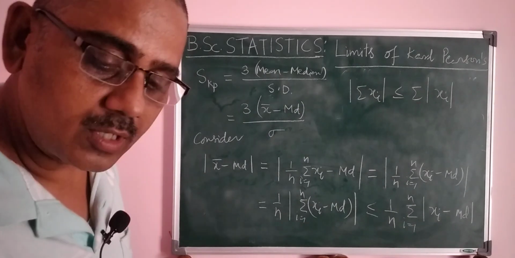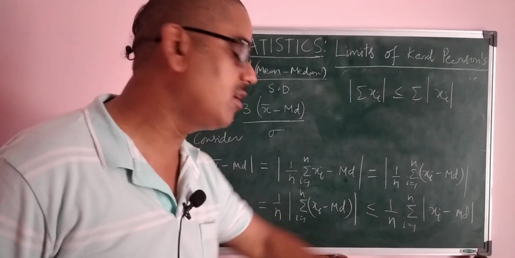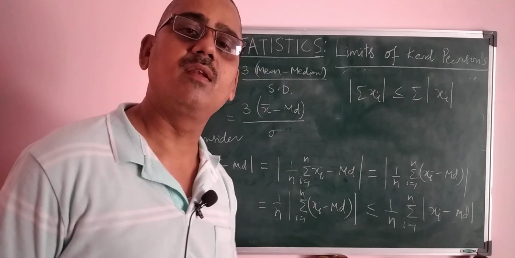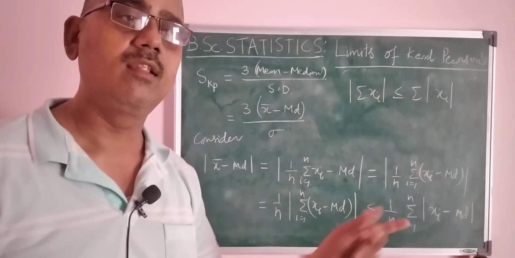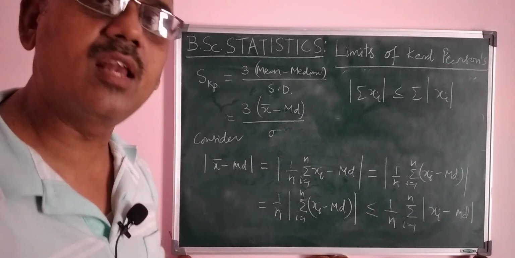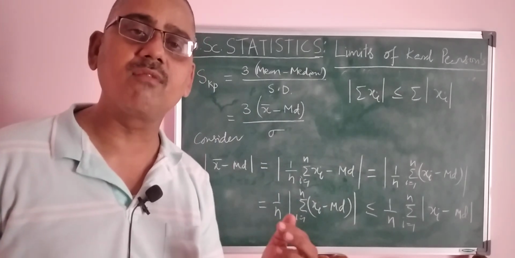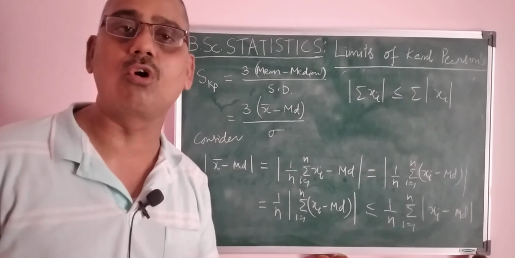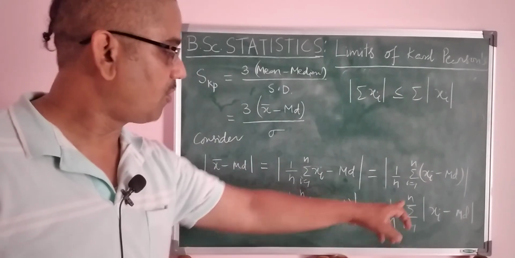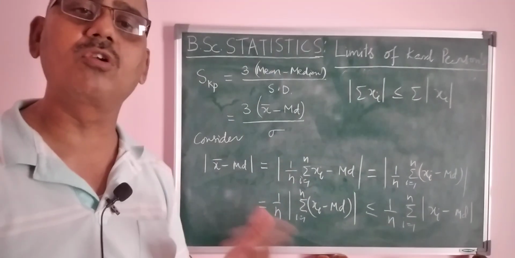Now I take two particular results. So what is this formula? You please observe here. This is the formula 1 by n summation i is equal to 1 to n modulus of xi minus a. The formula is mean deviation. Mean deviation can be calculated through three particular values: either from mean, or from median, or from mode. And now I specify one result for the mean deviation, about mean, about median, about mode.